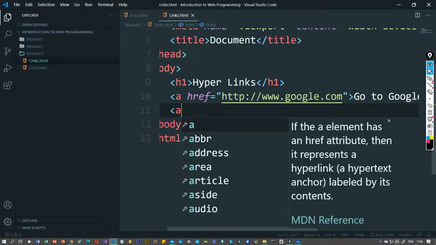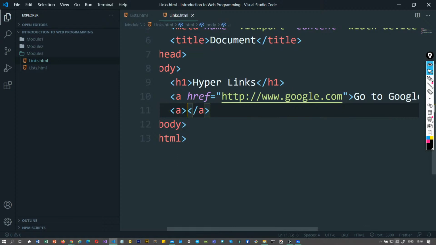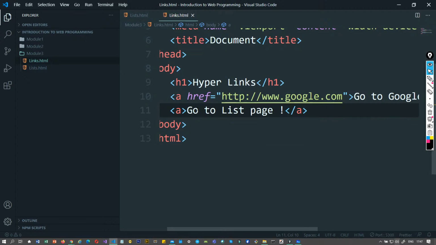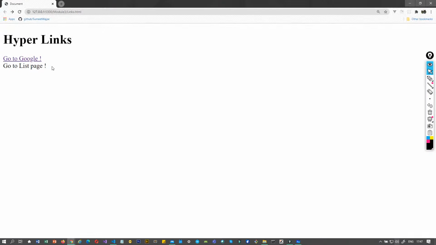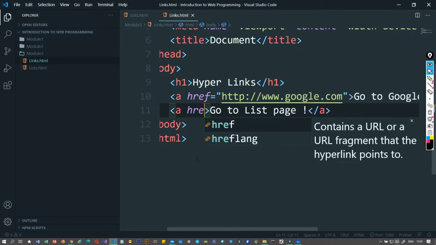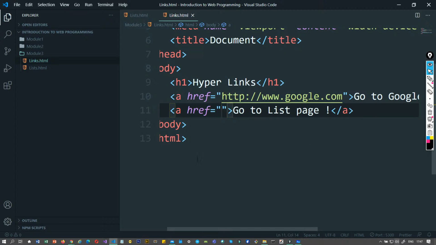And now if I'm using an anchor tag that just says, let's say, go to lists page, right? And here now if I just do this and view it in the browser, you will see it's plain text. It's not a link. Why is it not a link? Because it's missing an href as an attribute. So it is important for any anchor tag to work to have this hyperreference, and the hyperreference would go, now